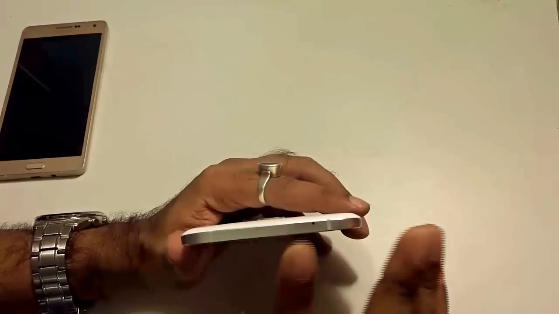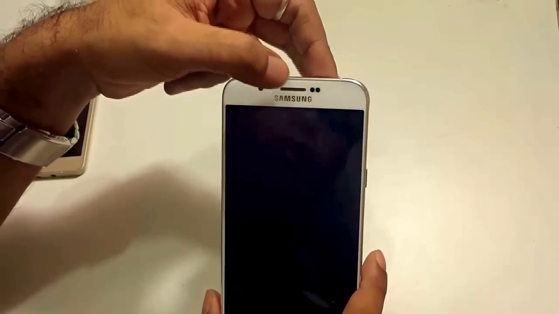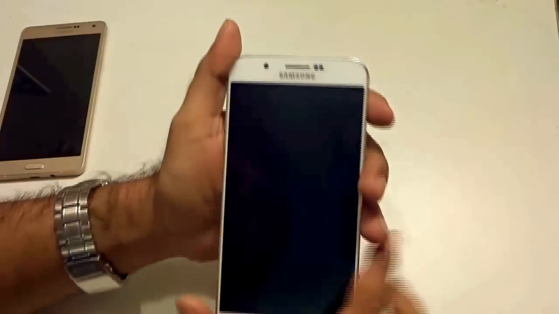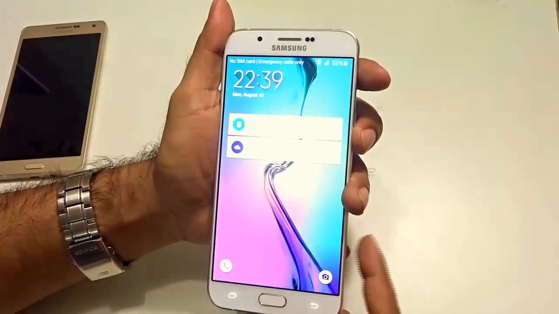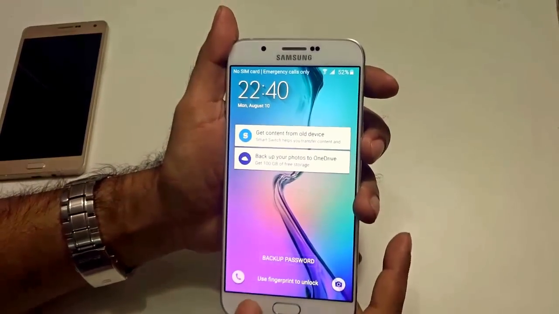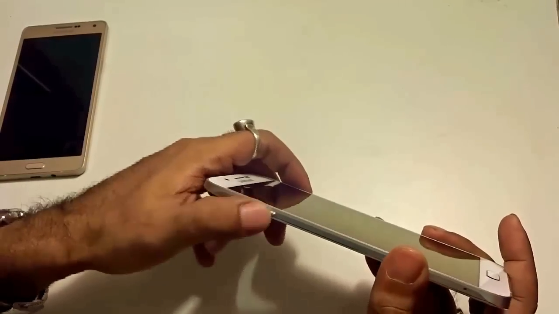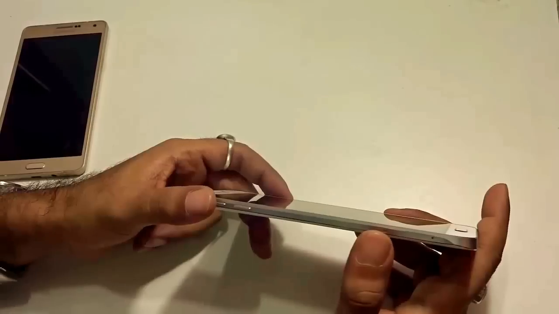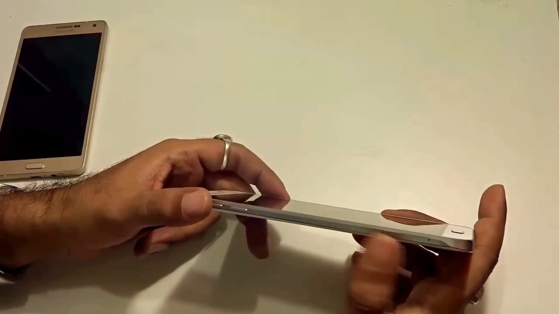At the top of Samsung Galaxy A8 you will find infrared blasters. In the front you have the 5 megapixel shooter, the sensors, the earpiece, the Samsung branding. You have a 5.7 inch diagonal display, the home button, the back button and the multitasking button. On the left hand side you have the volume rockers, pretty much different than A7 as they are separated. You also find the nano SIM slots on the left hand side of the Samsung Galaxy A8.